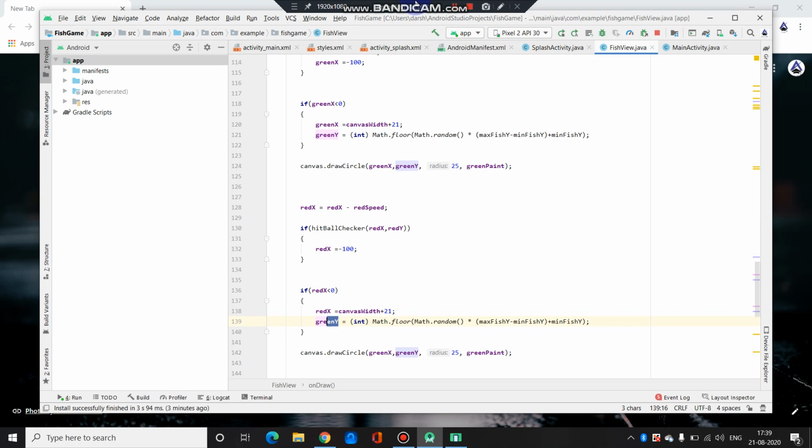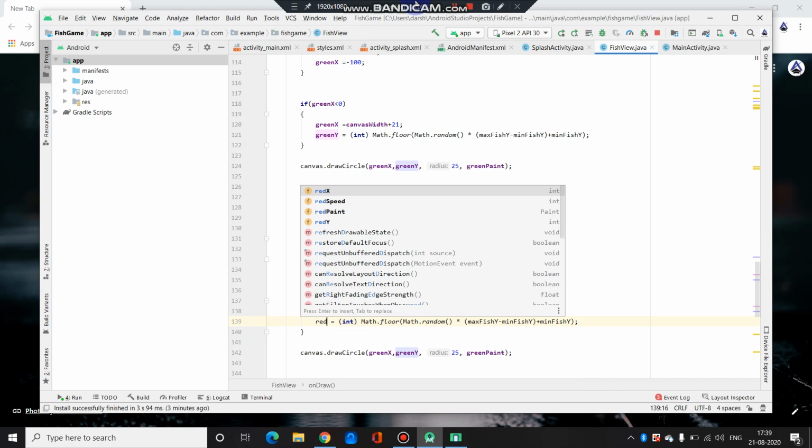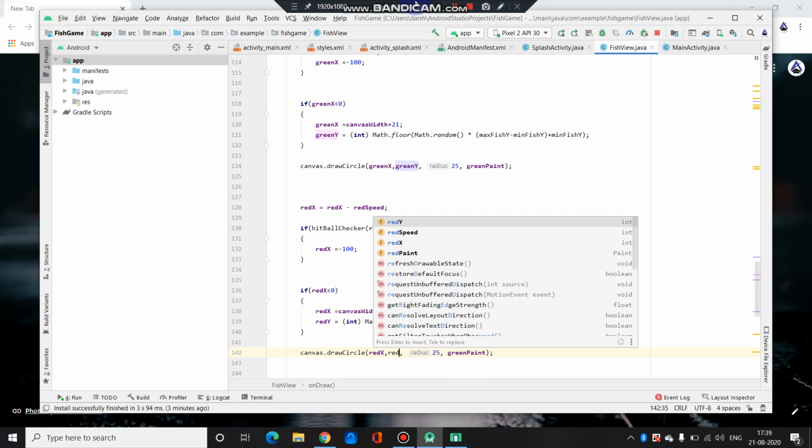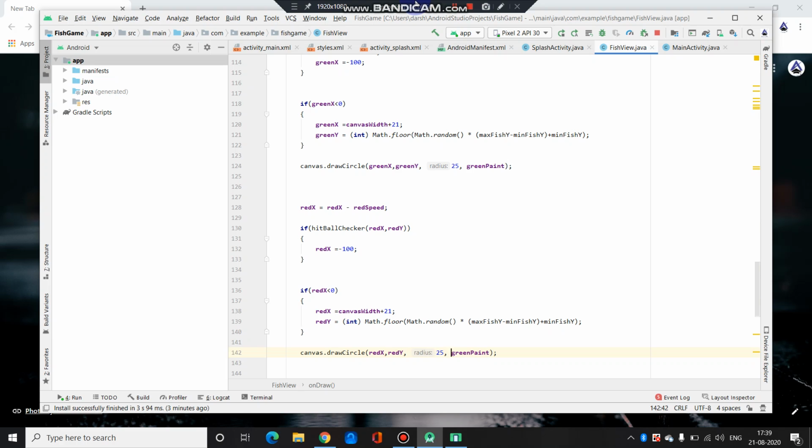This would be red Y. This would be red X, comma red Y, and we can take the radius as 30. So that's it for now. Remaining part we will see in the next